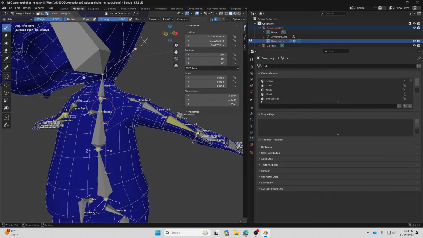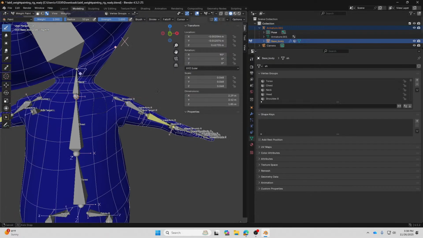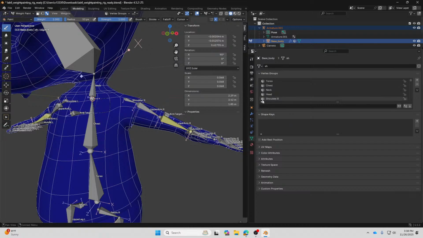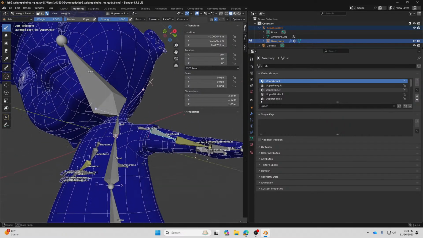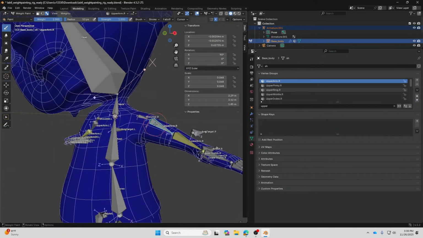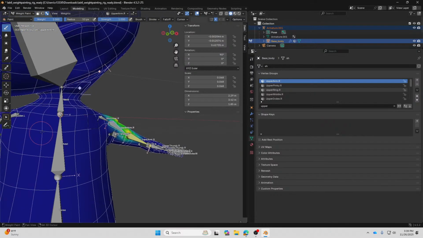If I now select, let's say, the upper arm over here, upper arm dot R, and then I try to paint with the mirror and topology mirror on, I paint on one.